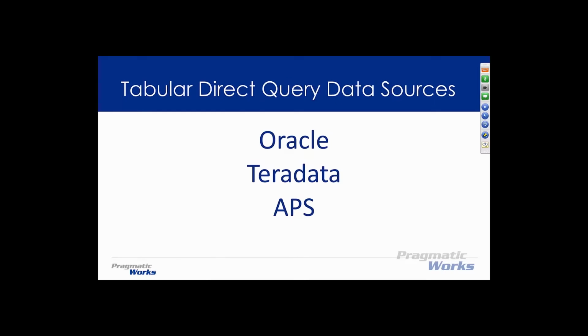Got new DAX functions. Direct query data sources. This is relevant because in the next slide we talk about the improvements to direct query. But now you can direct query Oracle, Teradata, and APS, which is Microsoft's MPP appliance. It used to be called Parallel Data Warehouse. Why is this relevant? Because now I can leave my data in Oracle, Teradata, and APS and take advantage of